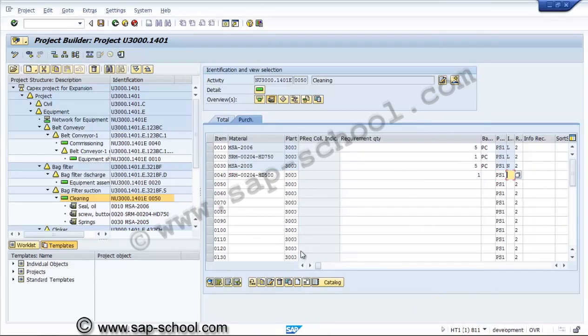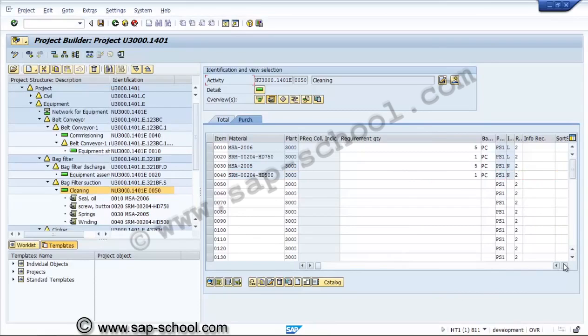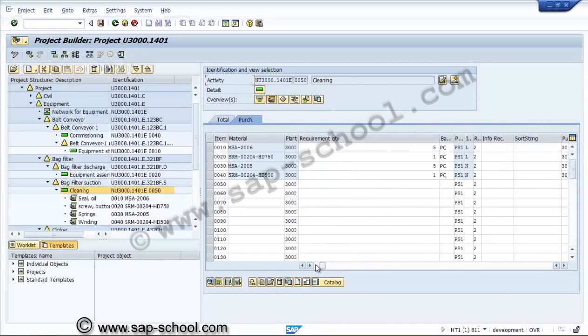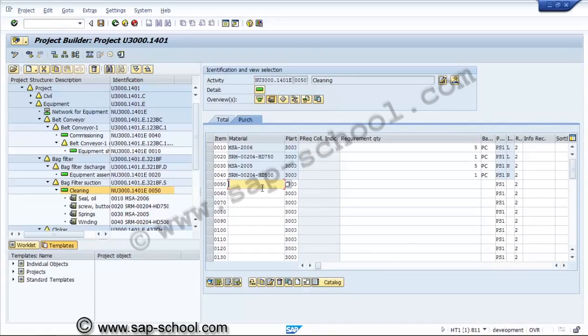Before entering only we have to assign the item category. If required we can take non-coded material also here. If you are taking non-coded material, quantity is 5, unit is each, and non-stock